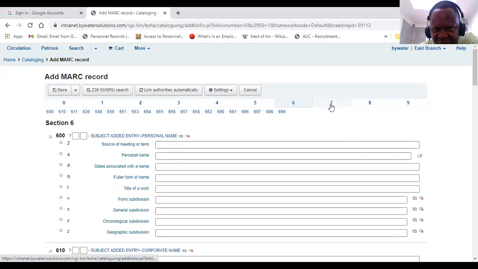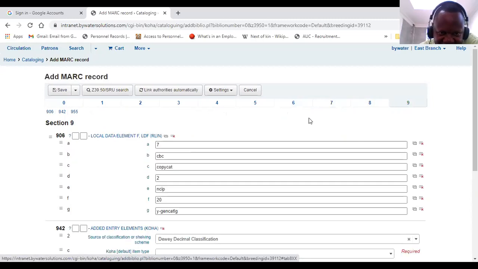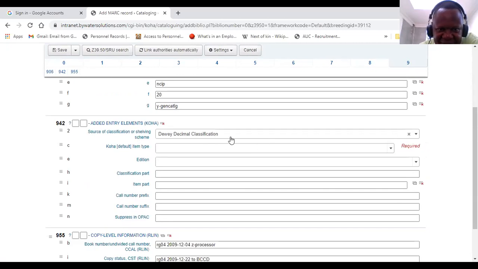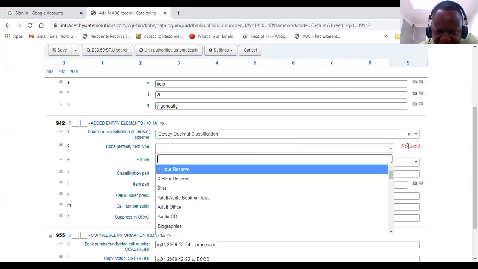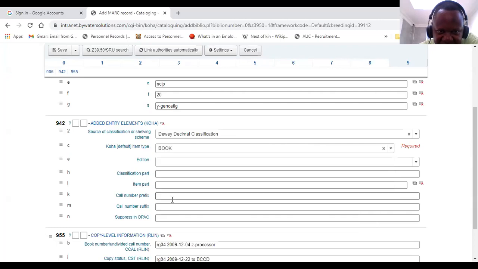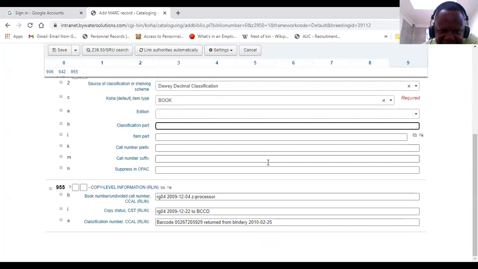If I've gone through all these and I see that indeed everything is okay, source of classification, DDC, the KOHA default item type, some of these fields when they are required and you don't fill them, it will not save. So what were we cataloging? It is a book. So you see, it is a required field, so I had to fill it. Classification part, I'm leaving all the rest. It has even generated a barcode